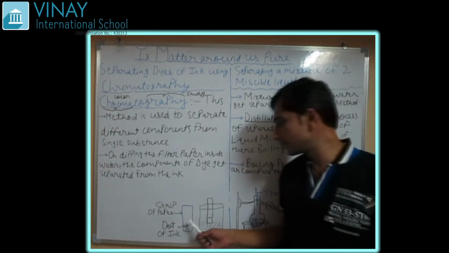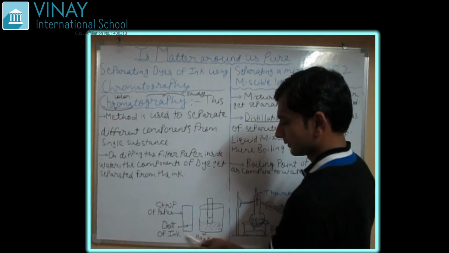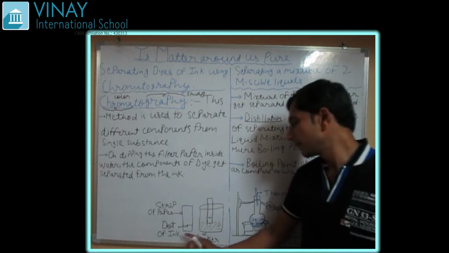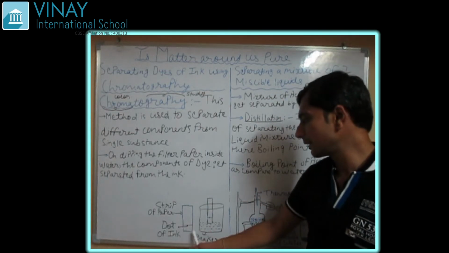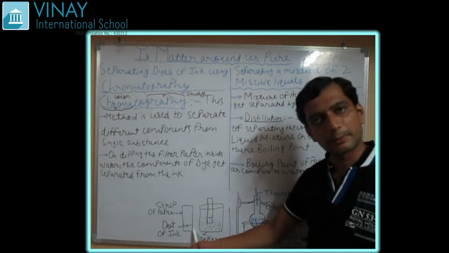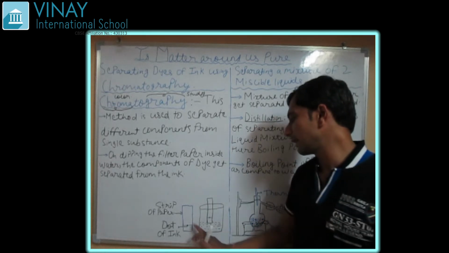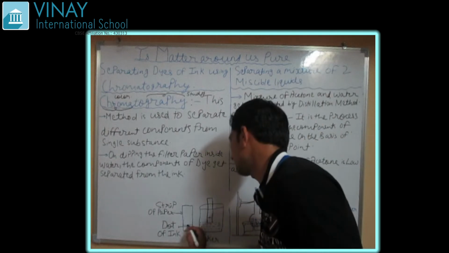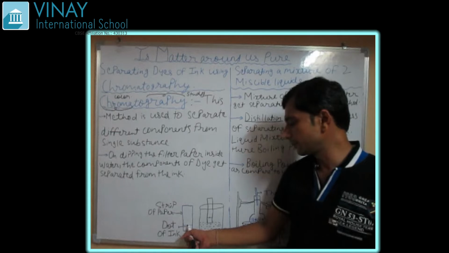For this, we need to see this diagram. What is being given here? See here. This is a paper. Okay, this is a strip of paper. On this strip of paper, first of all, we draw a line. This distance is approximately 2 cm from the bottom of the paper. We have taken 2 cm length and we draw a line and we put an ink here. See, this is an ink. We put ink here, on this paper.